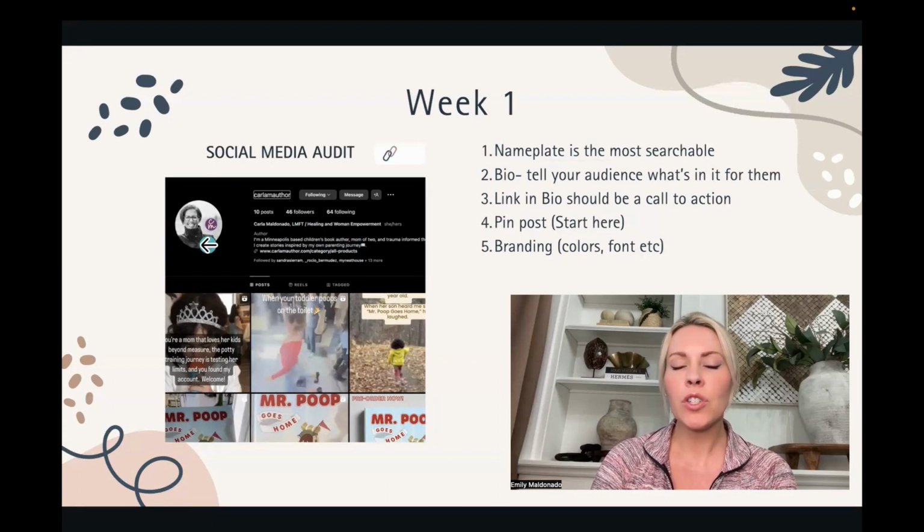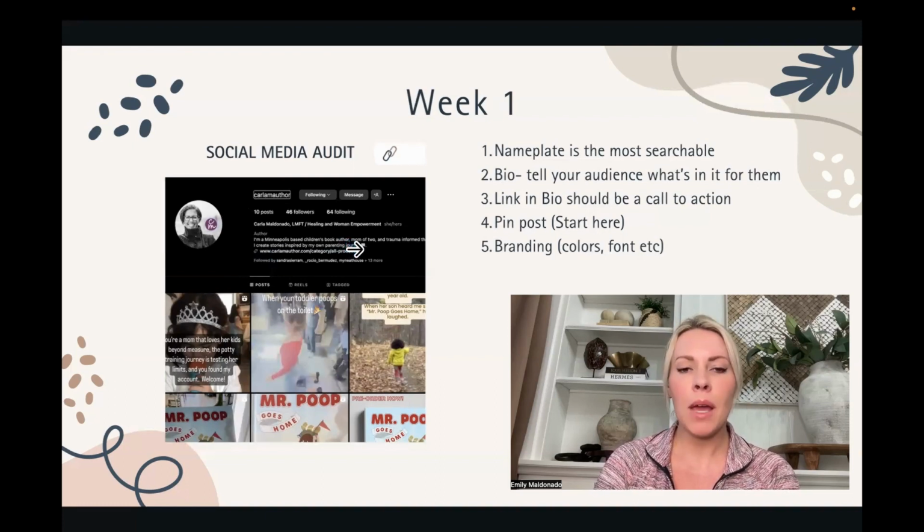Now, the profile picture should match whatever your page is about. In this case, it's Carla M. Author, so her profile picture is a picture of herself. That's perfect. It's also a professional photo. It's catchy. It's cute. If you were maybe a body shop or you're somebody that's posting a lot about cars, it could be you standing in front of a Corvette or whatever cars you're going to be posting. So in this case, her picture is great. We'll leave that. Now we want to look at the link.